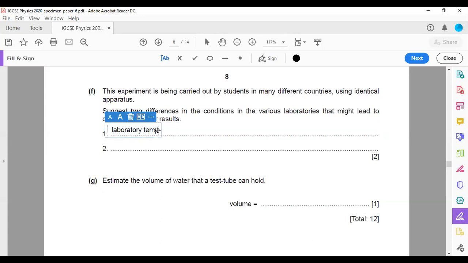The laboratory temperature is going to be different because the room temperature is going to be different, because the temperature in countries varies. And the second one could be